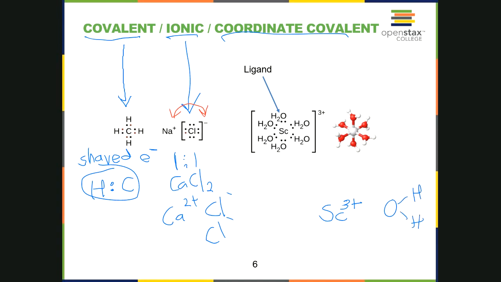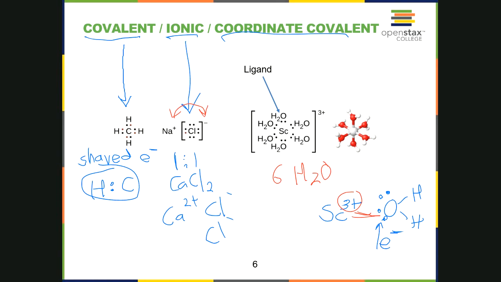And with water, you should recall that they have 2 pairs of lone pair electrons. So you could sort of think about that as having an excess amount of electrons. So you could envision how that would produce an attraction or a bonding between the scandium and the water molecule. But the only thing is, you've got 3 positive charges on the scandium, but if we look up here, we have 6 water molecules. And so to make sense of why you'd have 6 water molecules with a metal cation that has 3 positive charges, we have to look more in terms of the shape